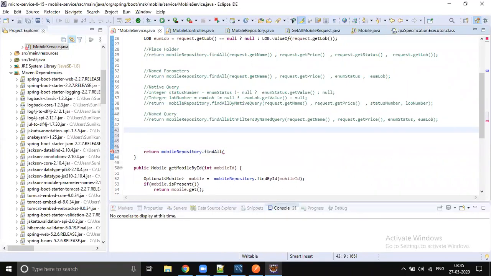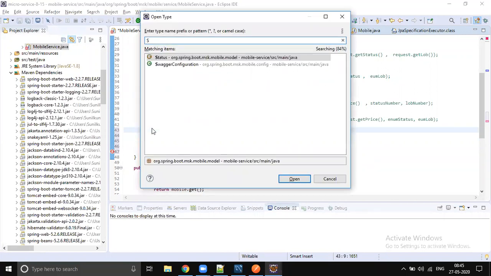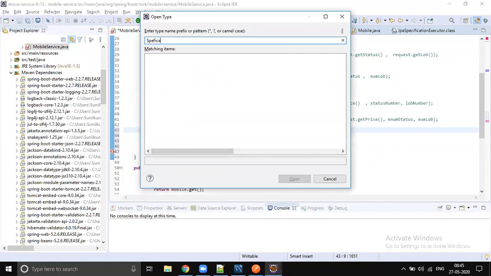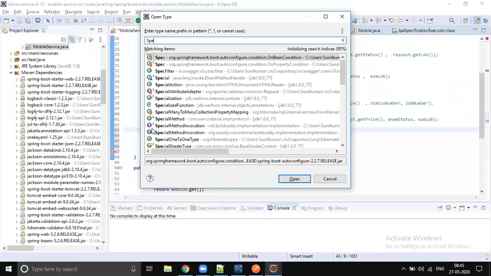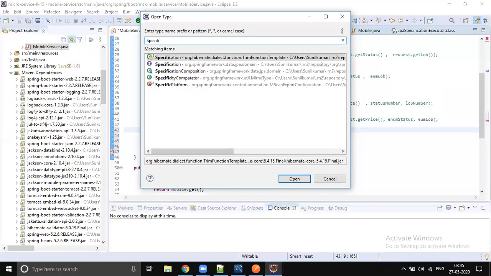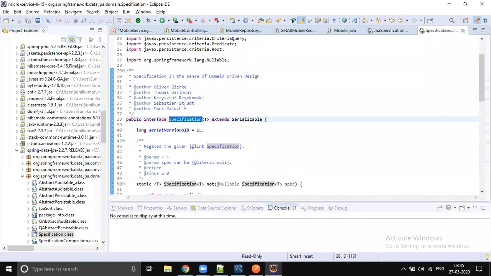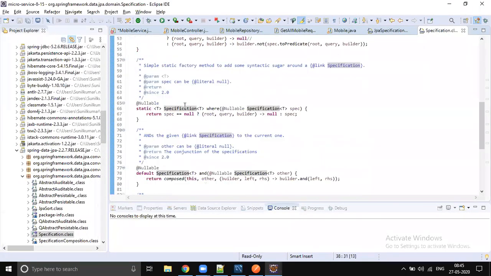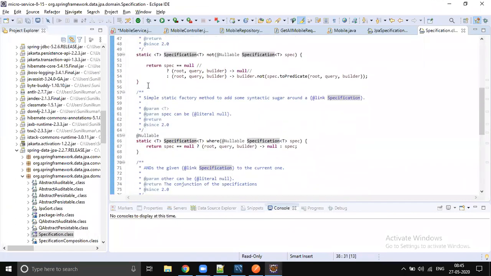We are going to call that method, but before that we need to create one specification. For example, how to implement the specification. Let's open that specification. It's actually a functional interface. It has only one abstract method, right? All these others are static and default methods.